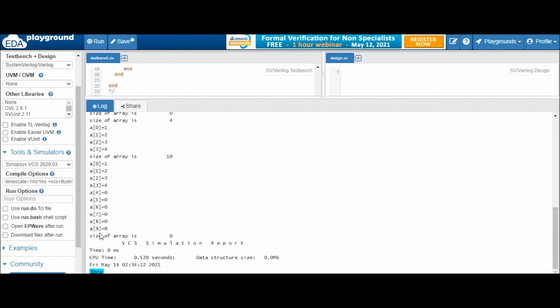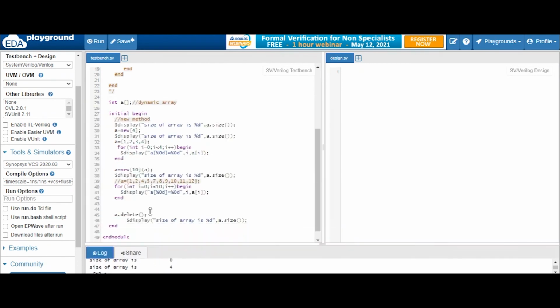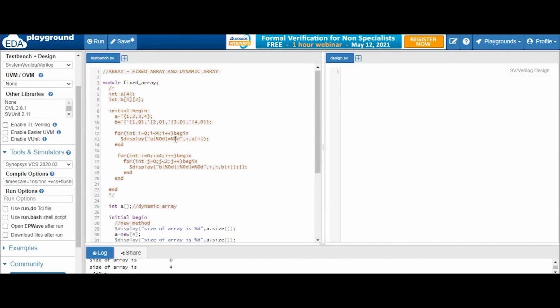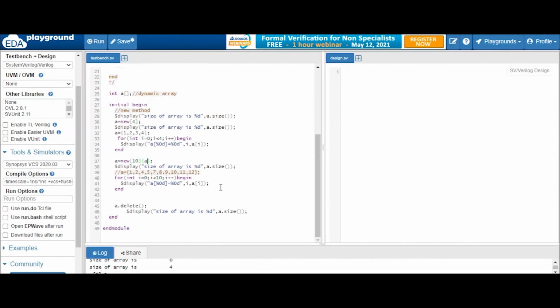Yeah, now see, the size of the array is 0. So basically there are three methods here: the new method, the delete method, and the size method to see the size of your array. And while resizing, you can retain the elements which you assigned initially. So this was the basics about fixed arrays and dynamic arrays.